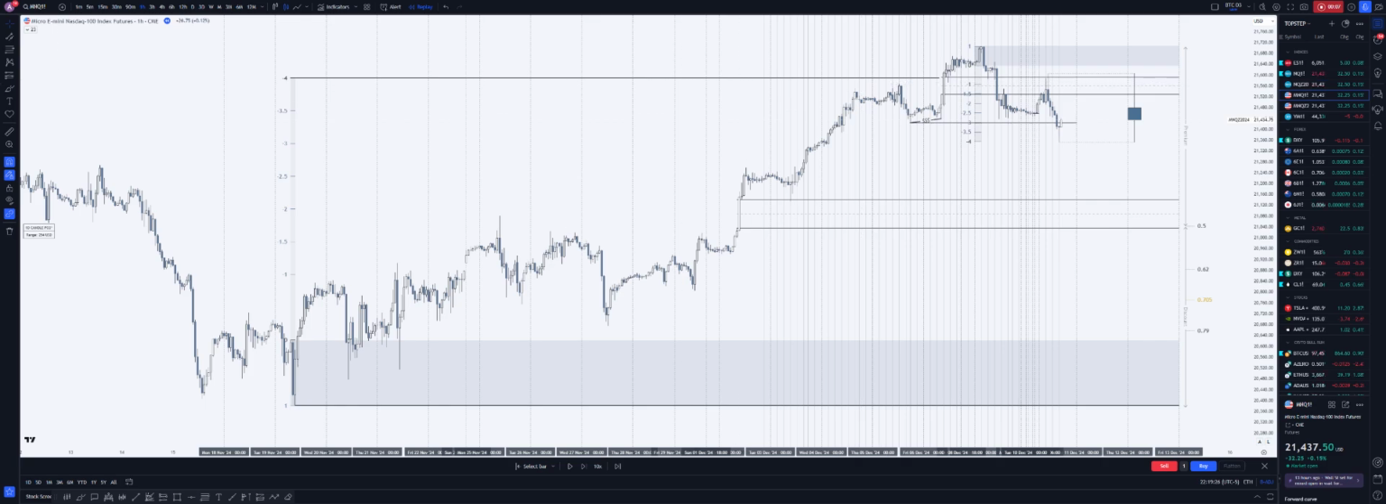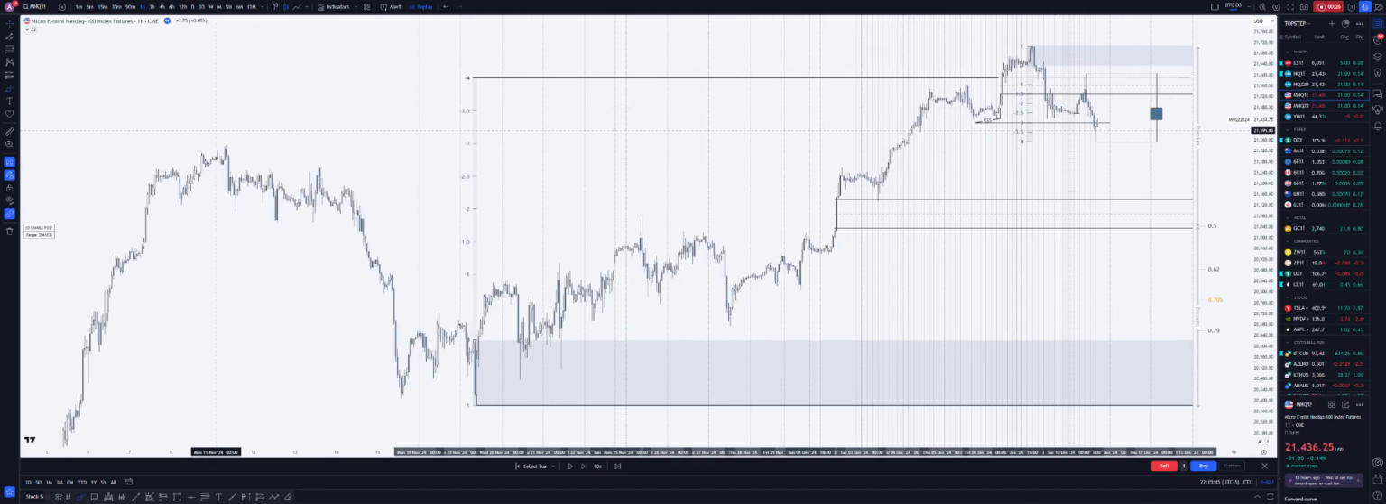Today we'll be reviewing NASDAQ December 10th, open high, low close, daily candle as part of the market maker sell model continuation, as we discussed in the previous video. Let's begin. Starting on the 1 hour time frame,